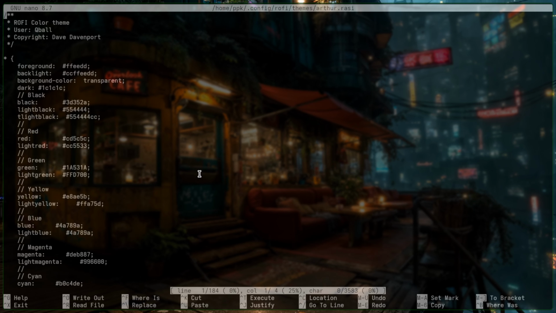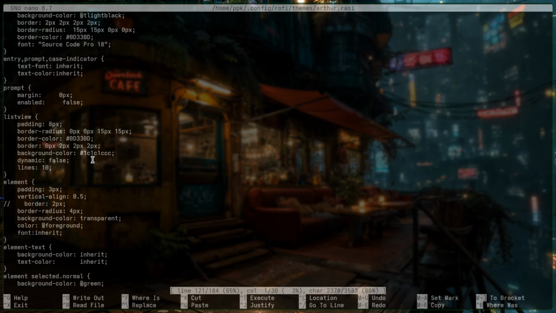I pretty much just ask Gemini or Grok to generate this file for me. And you can actually just tell it, okay, I want a black theme, put the settings in there already. Once it's in, now you can start tweaking it. So this is just a bunch of variables. Basically it just takes the color and puts it in that variable, and you can use that variable name down here